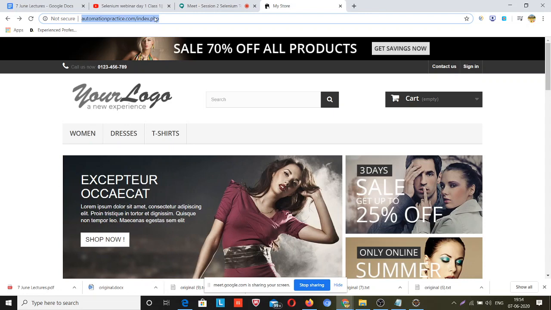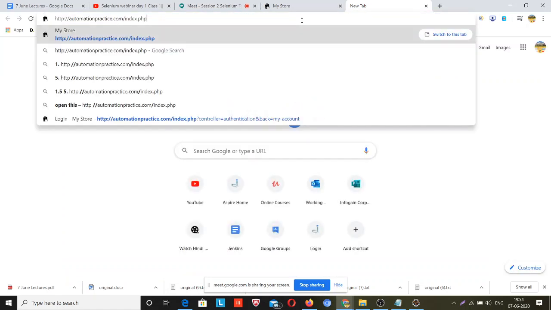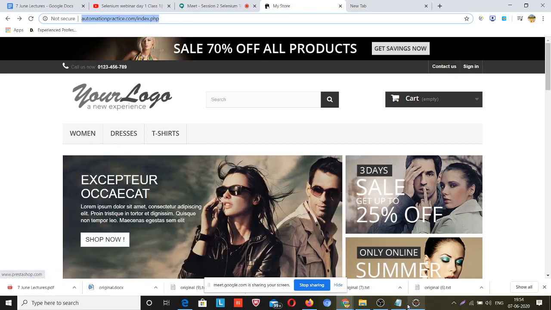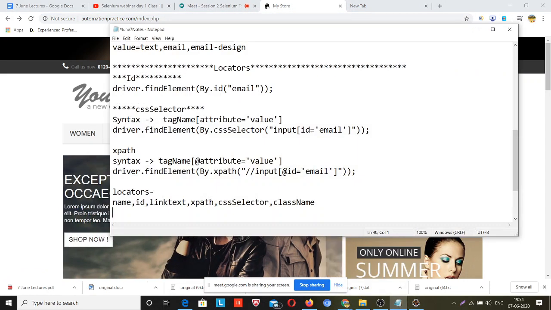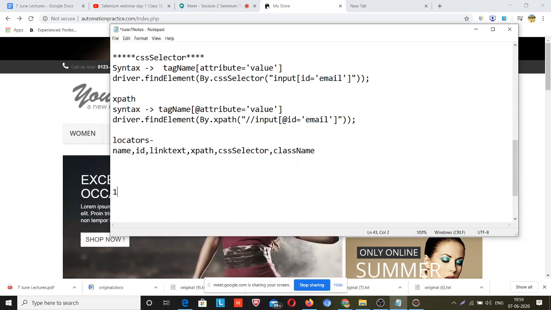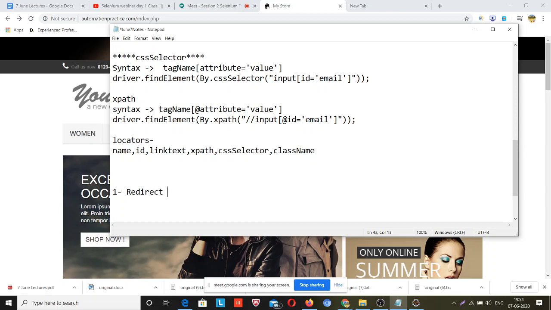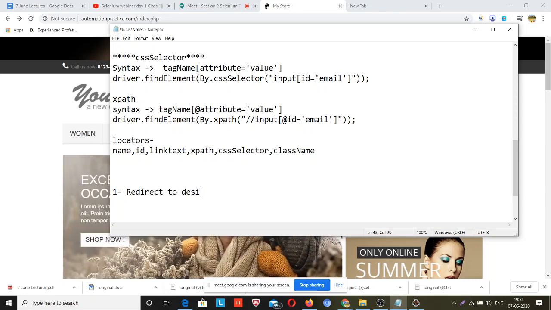So you simply go to Google Chrome and paste this URL or open it directly. So what is the first step? Let me write here. The first step is redirect to the desired URL.